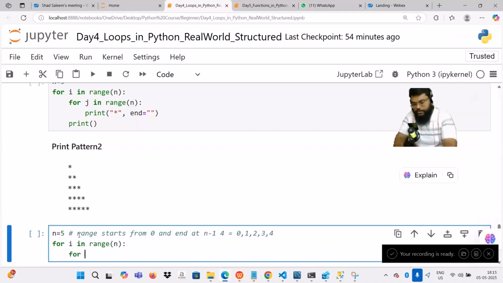Okay. For j in range, here you can see i is just a variable. We are declaring these variables. You can write anything. And in is an operator, which we have seen in the operators class. Range is a function, so it takes integer values. So here what is the integer value? n equal to 5. So we are saying